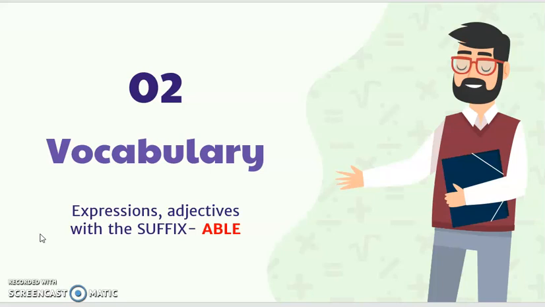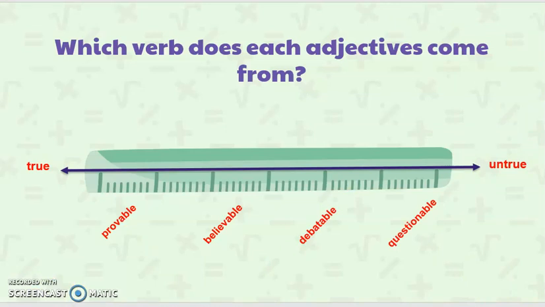Remember, in each lesson we need a lot of vocabulary for your second video. So now we are talking about expressing adjectives with the suffix -able. Are you ready? Okay, guys. We have a lot of adjectives with the suffix -able. But this time we are going to see what this means. As you can see, this is only to give you a little idea of what percentage this means. So repeat after me: probable,